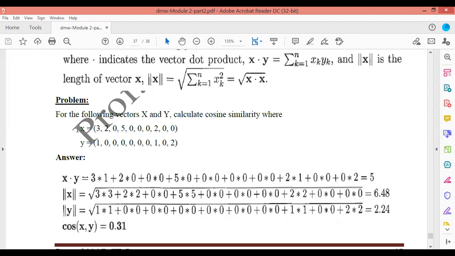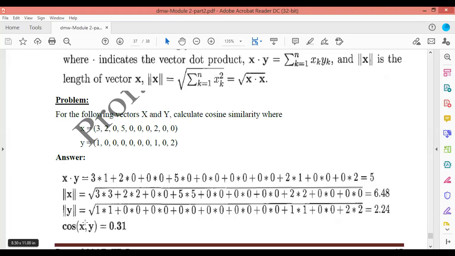So we need to consider only the vector x here and consider the square of each of these attribute values and then add and then consider the square root. So it is the square root of, first attribute is 3. So square it. 3 into 3, that is going to give you 3 square. Next, the second attribute is 2. So 2 into 2. And then the third attribute value is 0, 0 into 0. Next one is 5 into 5. And then the next one is 0 into 0. So consider all the attribute values of x here and consider the square of all those attribute values till the end. The end values are 0 into 0, 0 into 0, and then take the square root of the sum of all those squares. Then you will get it as 6.48. That is mod of x.